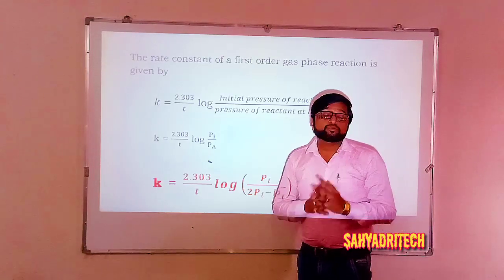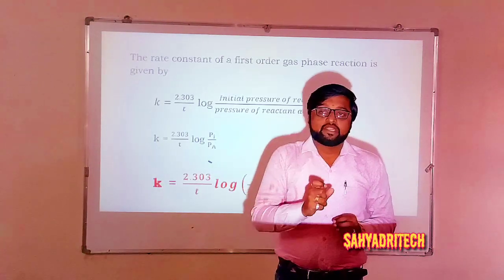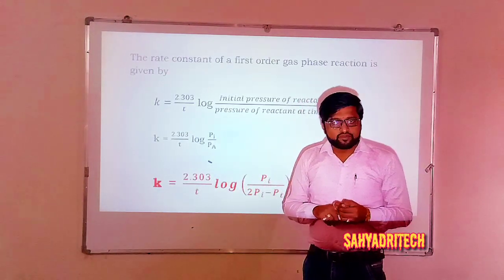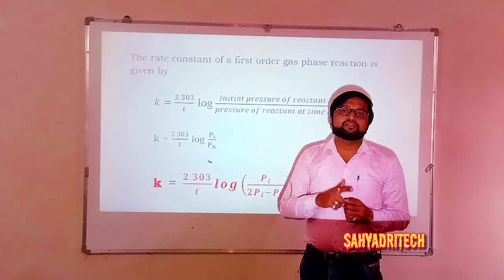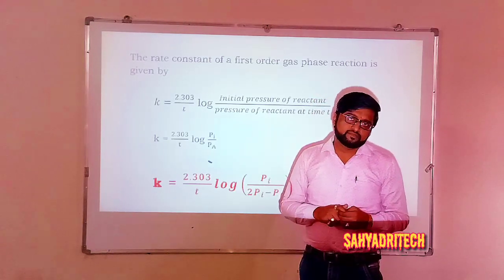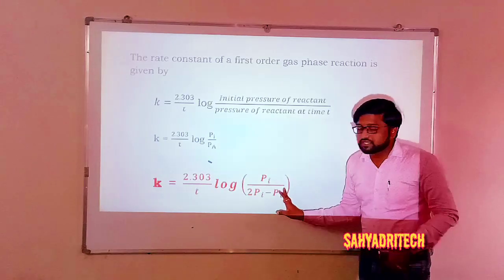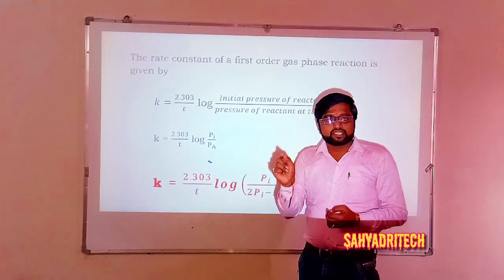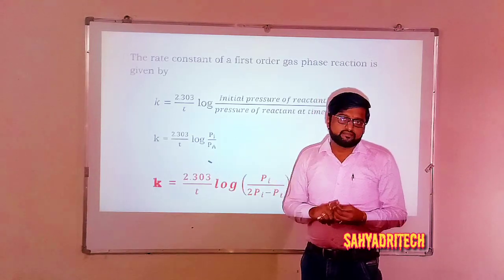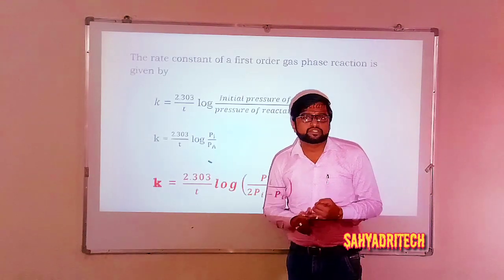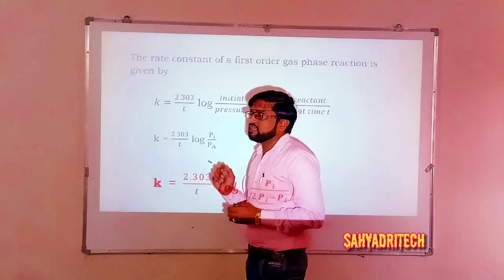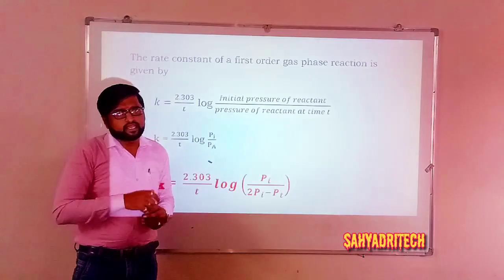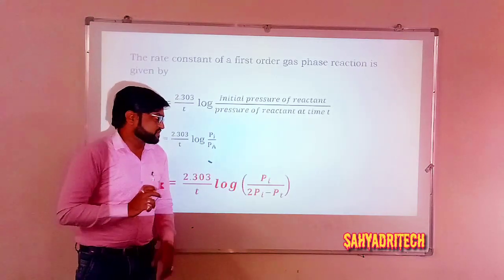What is to be remembered here is that for a given gas phase reaction, one has to derive the integrated rate equation. The equation I got corresponds to a reaction of type A gives rise to B plus C, having stoichiometry 1:1:1. It is the integrated rate equation for first order gas phase reactions. I hope you got this.